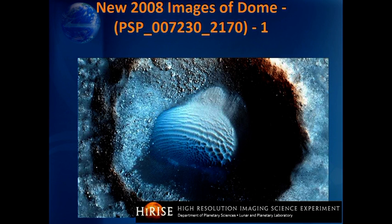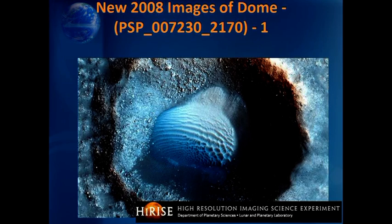Yeah, high resolution imaging science experiments right in front of me, and I didn't read it. So this is the University of Arizona, which has access to some of NASA's images then? Yeah, they've developed some of the imaging technology on the Mars Reconnaissance Orbiter probe, which has a high resolution camera on it. And you can see there, when I first came across this image, I think in 2009,